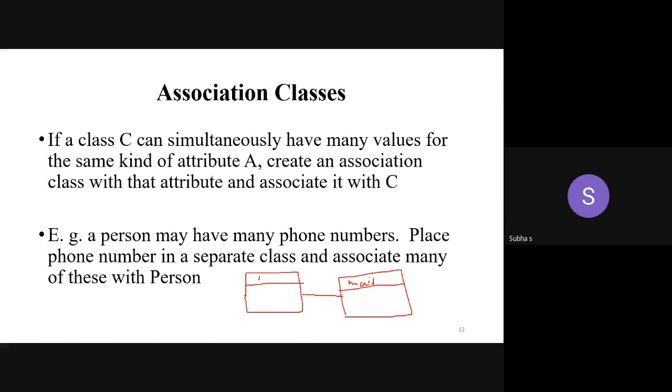So this is student only. No need to mention the attribute here. Student is associated with mail ID. Under mail ID, you have so many values, so you have to create an association class. Your mail ID will be here, but that is described in a separate class. You are associating both the classes. This is called an association class.